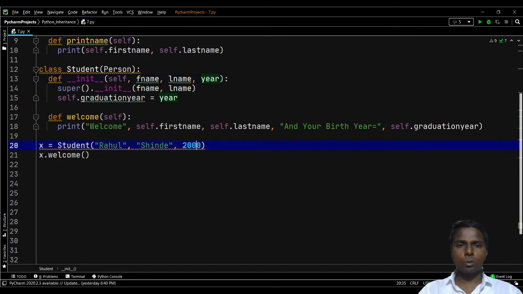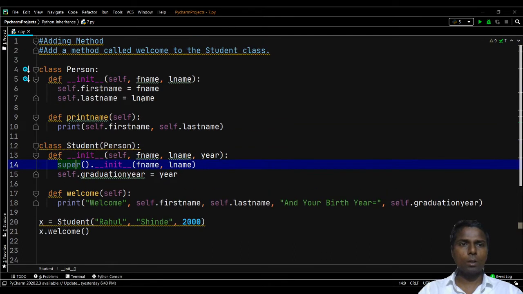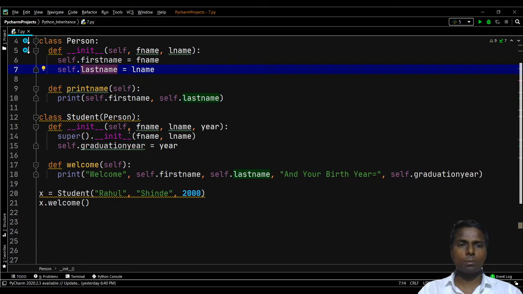In this way, the init method helps us, with the super function, assign values coming from the main script to the properties of the parent class. First name and last name are the properties of the parent class. I want to use these properties in the child class, and that is possible because of this super function.